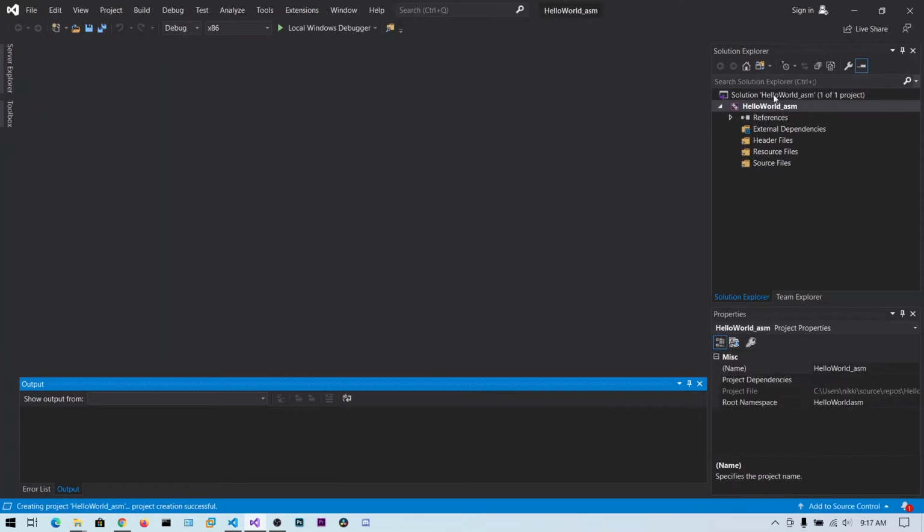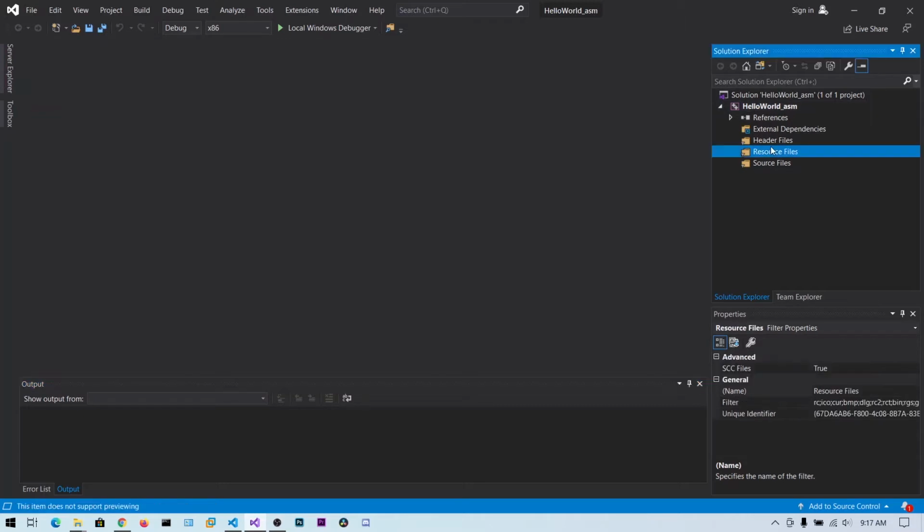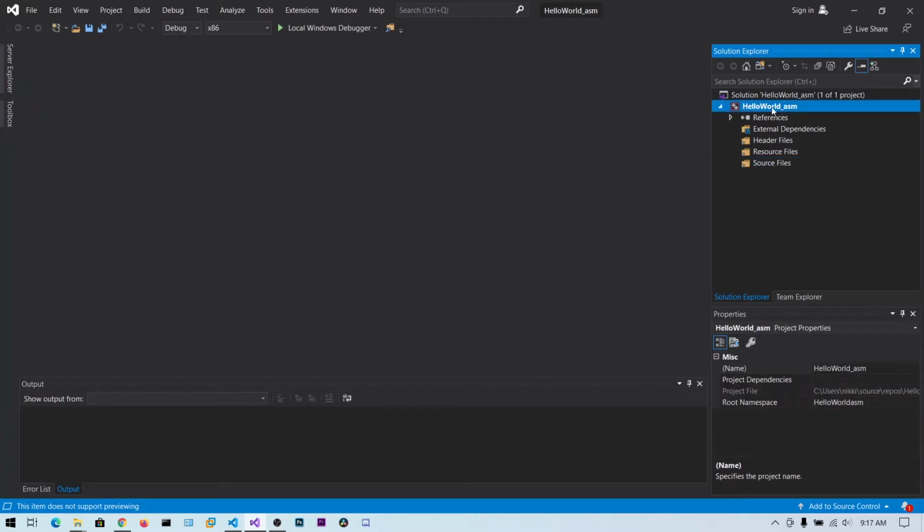Okay, you can see some folders here. You do not need to add any header files or resource files, it's just for organization.